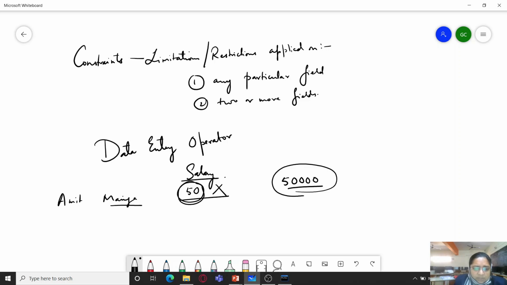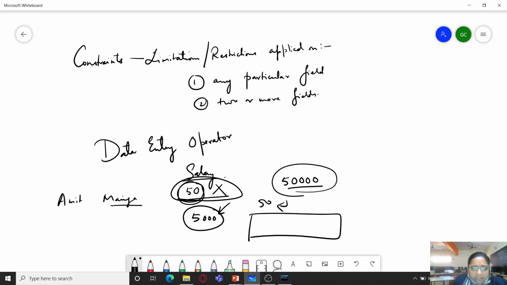So what we can do is apply a restriction that the minimum acceptable value in the salary field should be at least 5,000. That is, the employee who gets the lowest salary gets 5,000. If we apply this kind of restriction, then at least this kind of error won't be there. If he enters 50 and presses enter, he would quickly get an error message, and he would become alert.